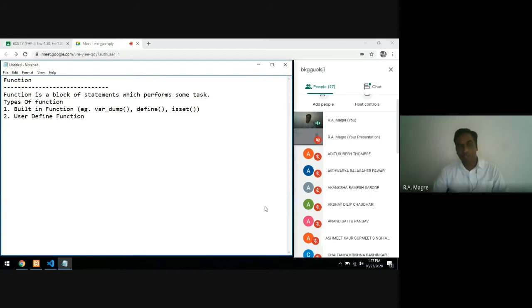Now again, function has four subcategories, or you can say subtypes, and you are familiar with them.